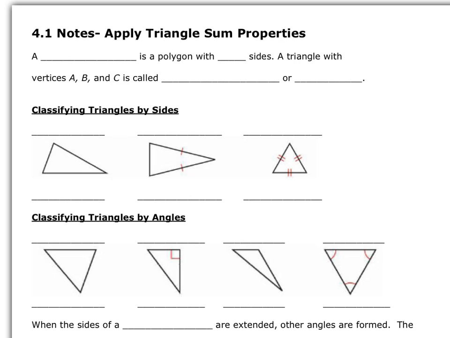Okay, so our new unit is going to be over triangles, and we're first going to talk about the triangle sum properties. Let's get a definition of a triangle. So a triangle is a polygon with three sides, and a triangle with vertices ABC is called triangle ABC. So you write out the word when you name it, or you can use the symbol and say